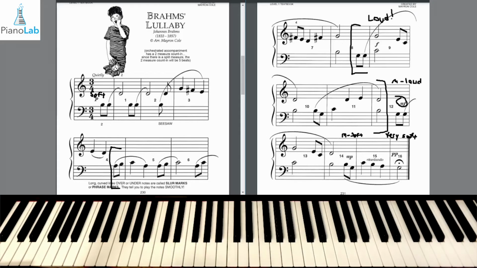So I think the best way for us to practice this is to do some hands separate practice. So right now, we're going to ignore the left hand. I'm going to cross it all out. And we're only going to look at the right hand. Now this is going to cause us to skip some beats in the measure, but I just want you to get comfortable practicing which note we should play when.